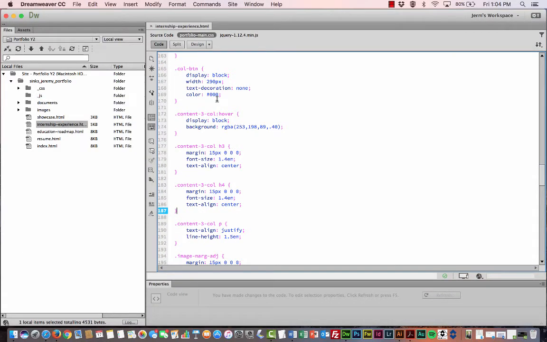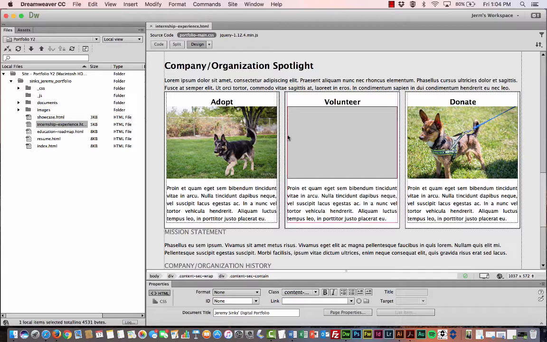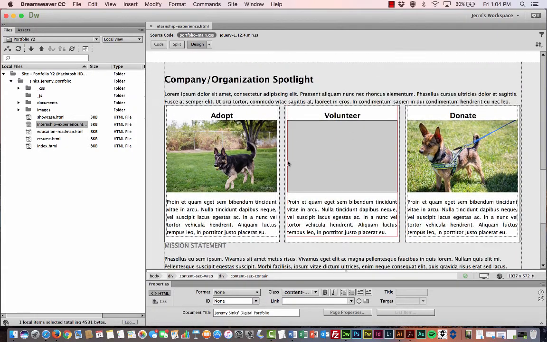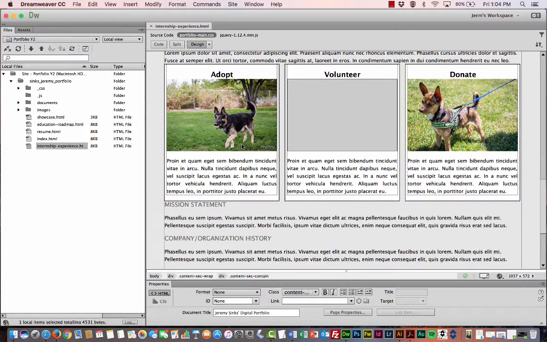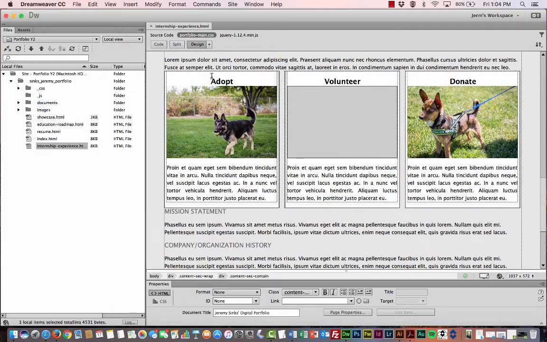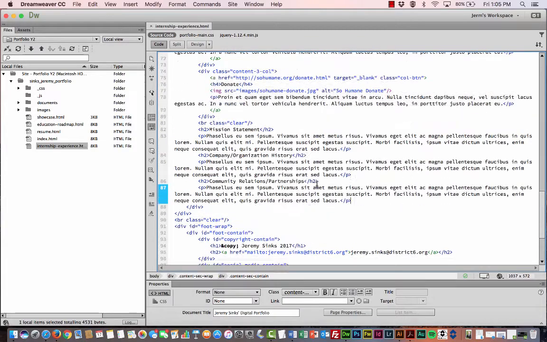Okay, let's go ahead and see how it looks. So let's click on our design piece there and scroll up. And I see one thing that we can make an adjustment to, and that's that image. Our images aren't quite spaced down enough like we'd want, so maybe we should add that class of margin adjust. So let's go ahead and jump back into our code and click on our source code and scroll up and